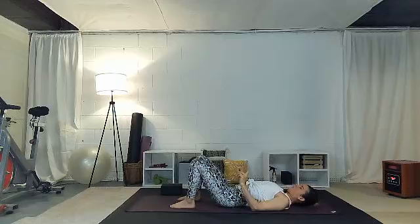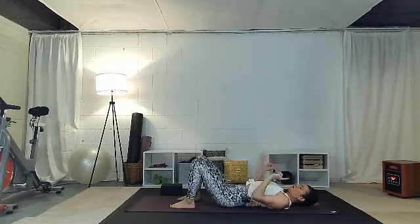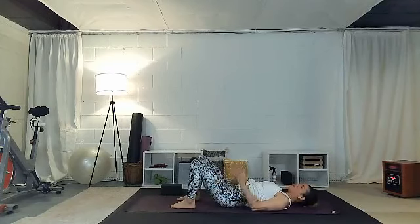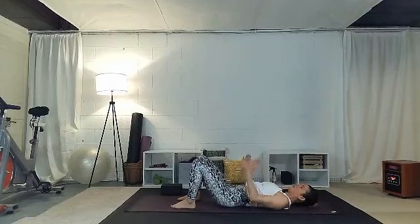So in bridge pose, super important to check in with the feet, right? The feet determine where your knee is going, right? So if your foot is turned in, your knee's going to go that way, okay? So think about it. Make sure your feet are going directly forward. If you need to take a look at it, make sure. Look down and check in. You want your heels in line with your hips and your toes pointing forward so that your knees track that